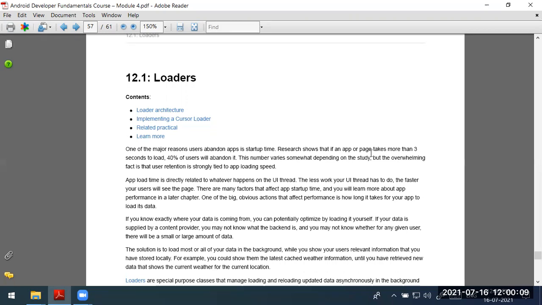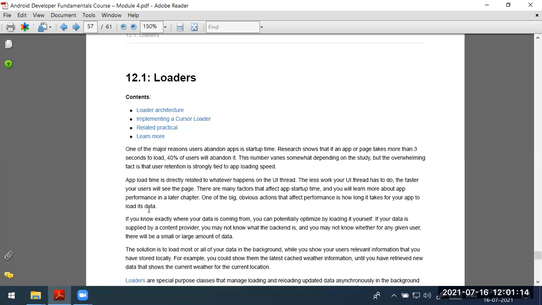The research has already been done: 40% of users, meaning 40 out of 100 people, will stop using an app if it takes more than 3 to 4 seconds to load its data. That is the survey. The time may be a little less or more, but these are the stats.